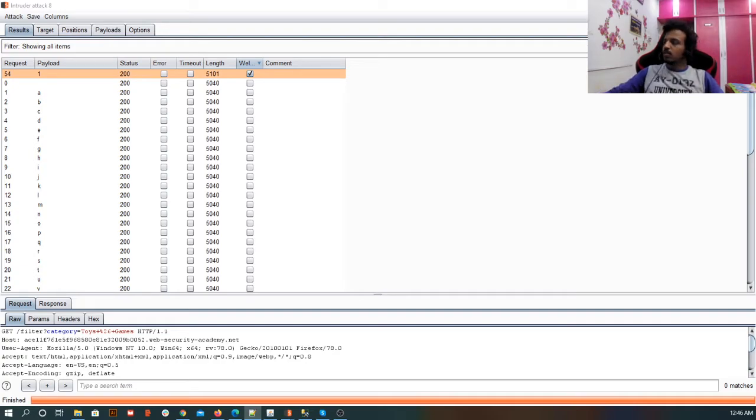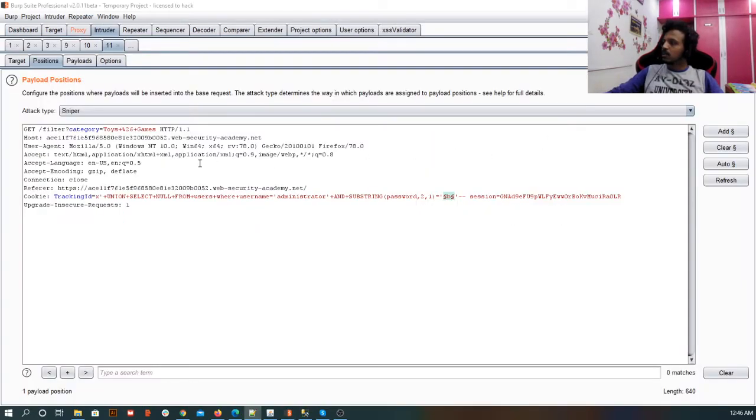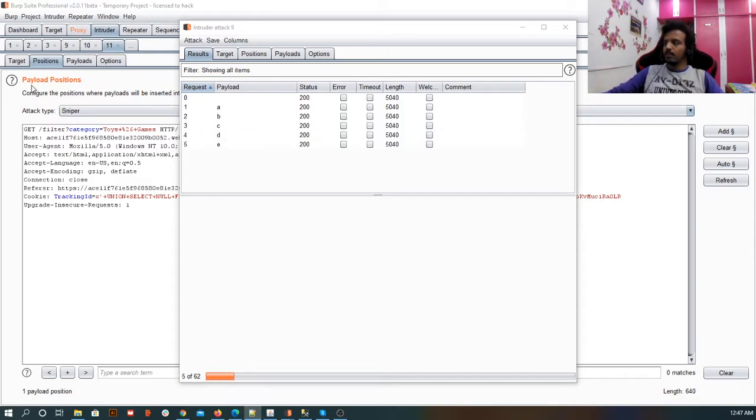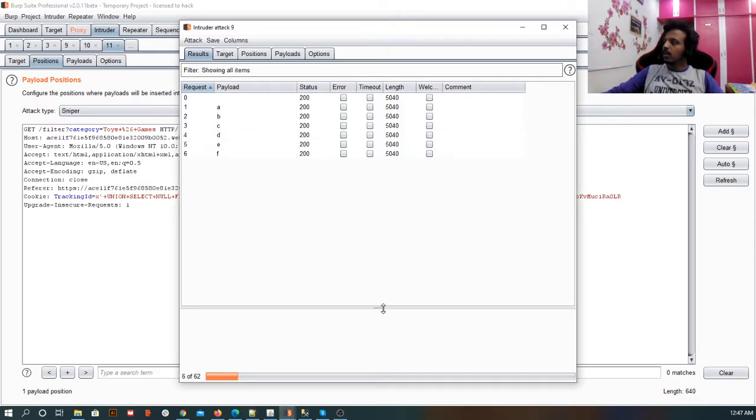Similarly, I'm going to close this, and I'm going to search for the third character, and then I'm going to start the attack. That is what I'm going to do for the next 20 characters, because again, this is not the high tech or advanced methodology. This is just for the understanding sake. So let's see what is the result, and then I'll pause, try to do it for other places, and then I'll get back to you. So let's see what is the response for this.